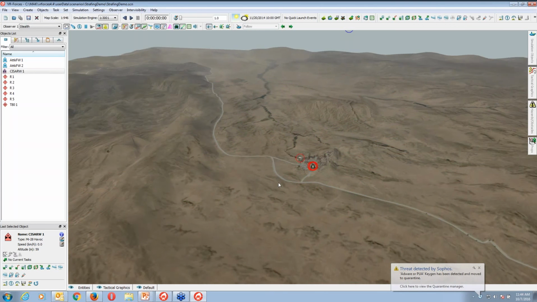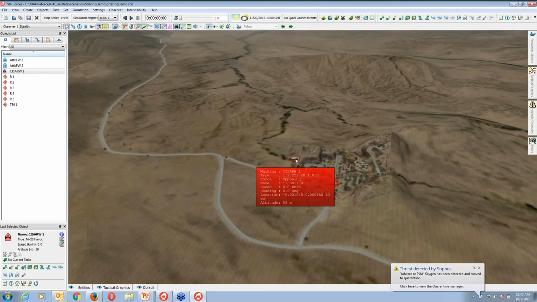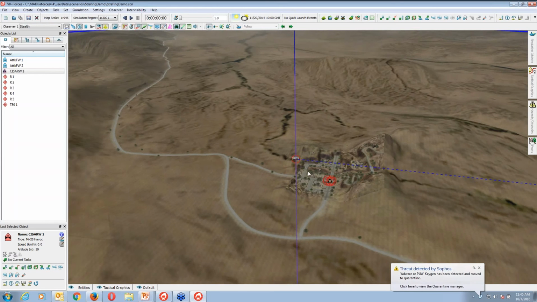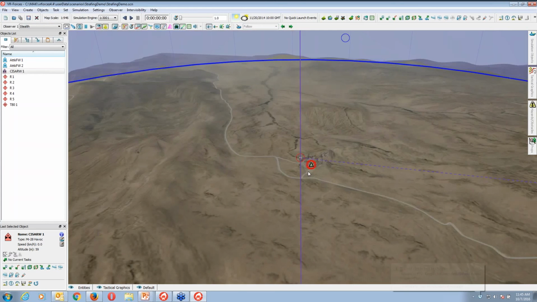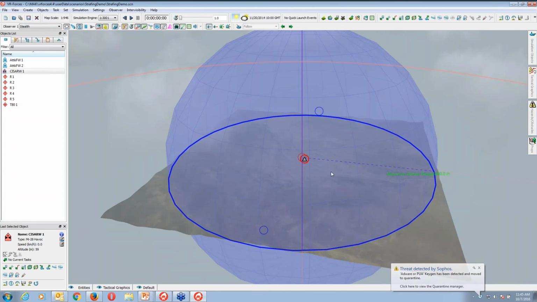Now I'll show you sensor range ring circles. If I zoom out, you can see it is in 3D sphere. This is a recent feature which we have incorporated in VR Forces, ranging circles in 3D.